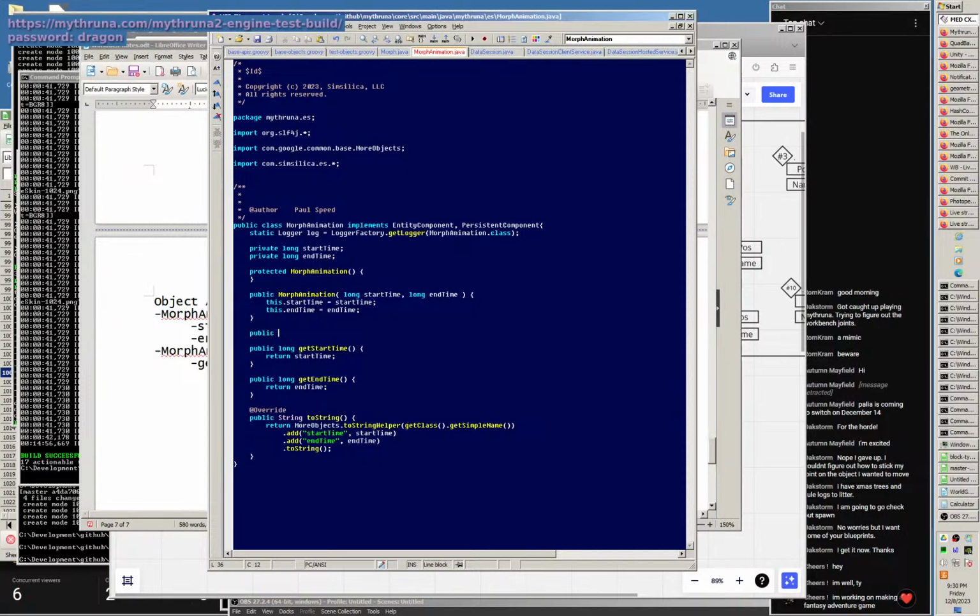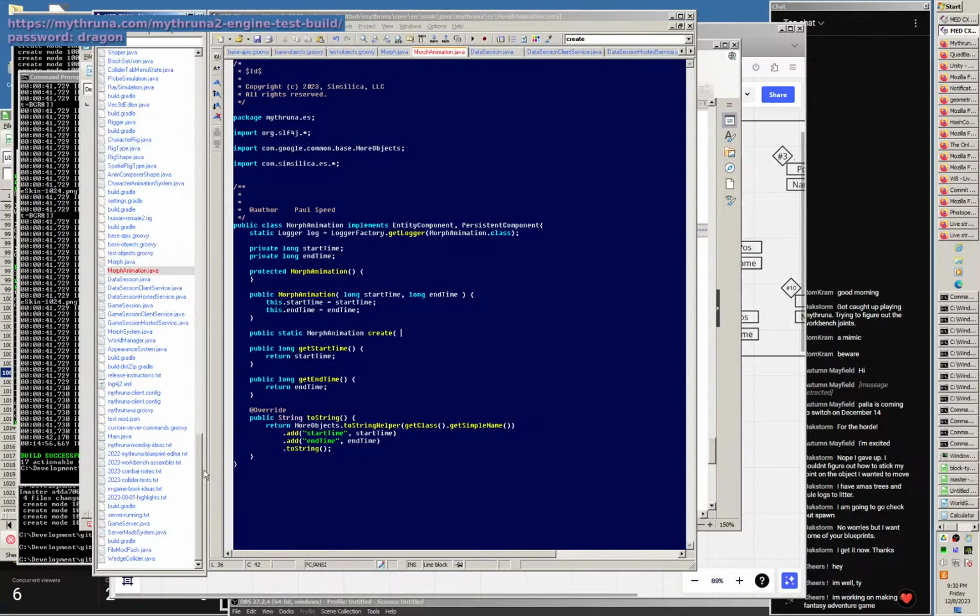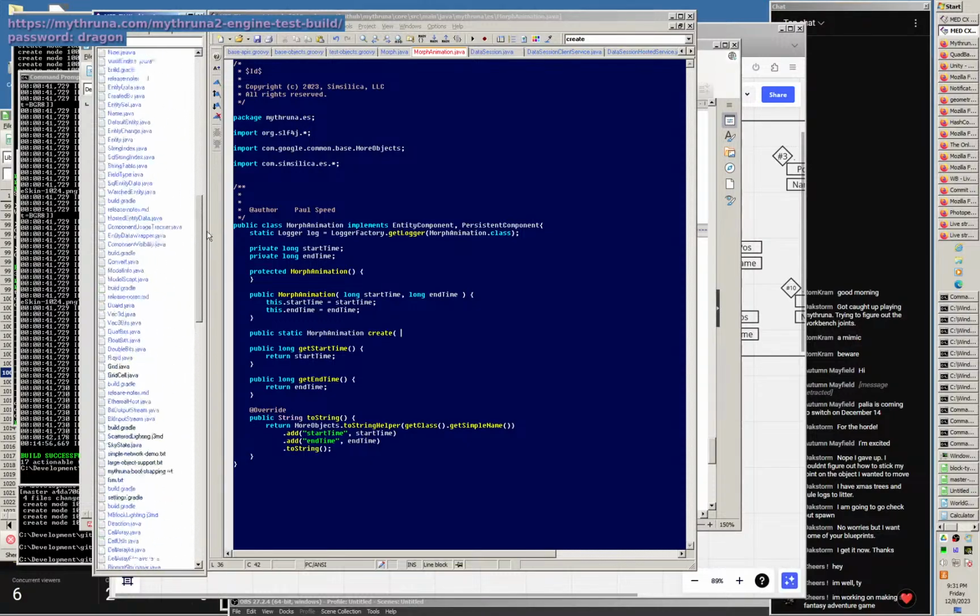But for funsies, let's create a factory, morph animation create, that would automatically get the start time and then create a duration in like real people time. And so we want to, Mythruna heavily relies on SiO2, which is a library that